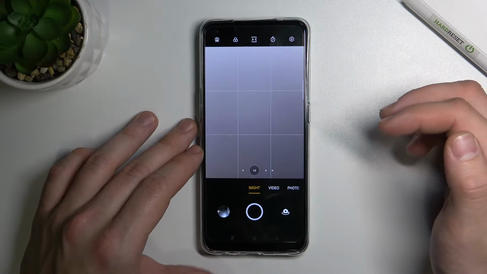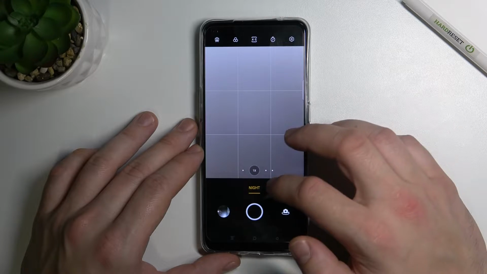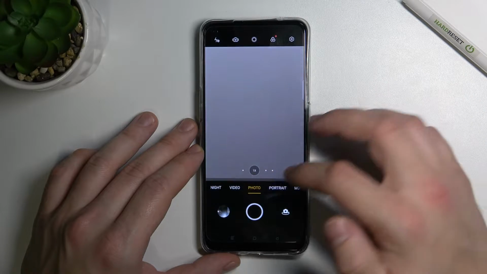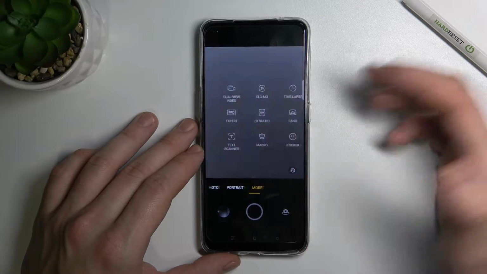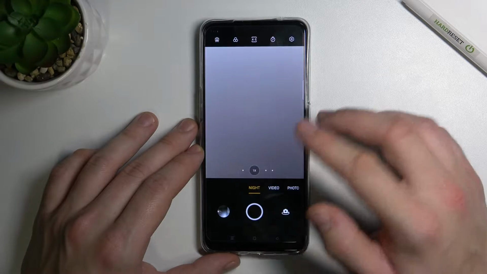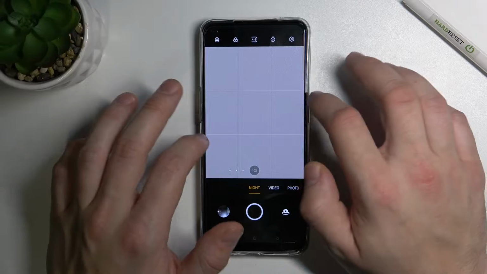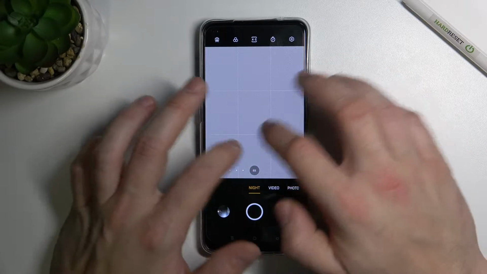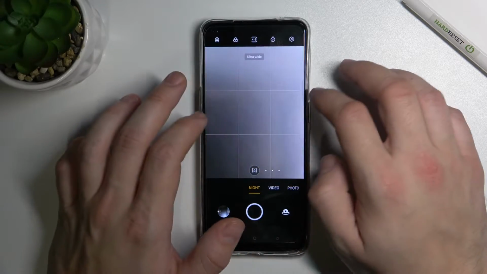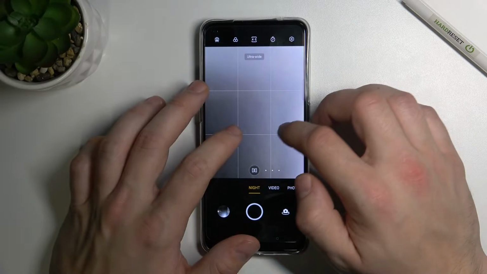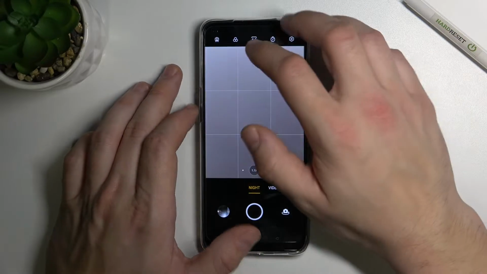So, on the homepage of the camera we've got night mode, video mode, photo mode, portrait and more. Let's start with night mode. In here we can zoom in up to 10 times and set ultra-wide camera. Then we can